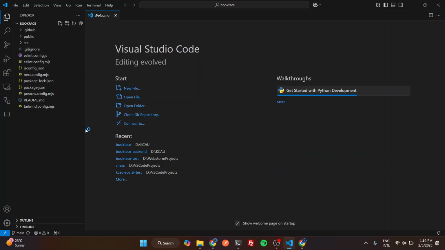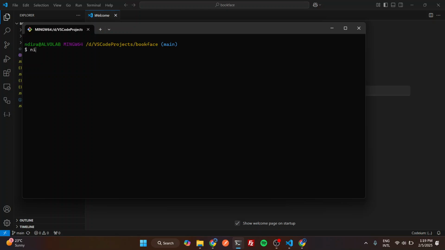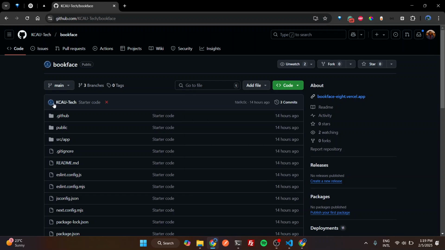So you now need to install all the dependencies that you're going to use for building. You can come here and do cd into bookface, then you do npm install. Now this will install all the packages that are required for you to get started with this project. So you do npm install. As that is installing, let me show you that all these steps that I am following